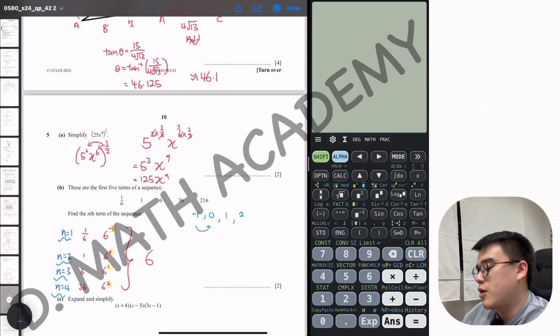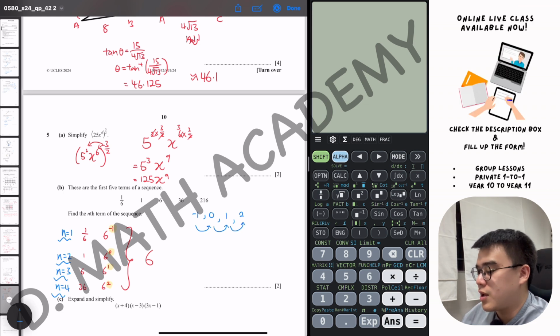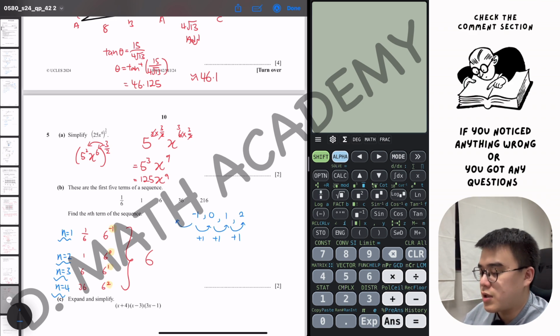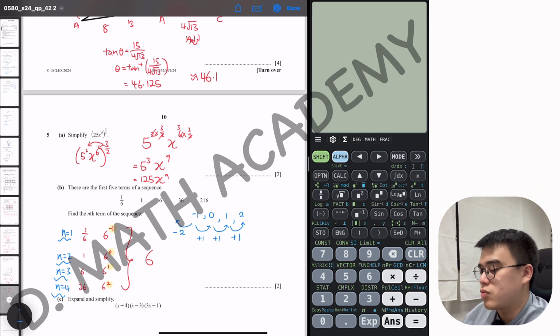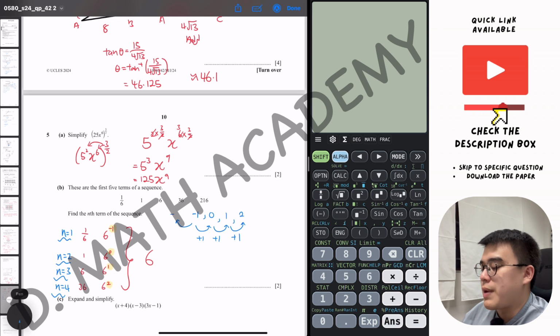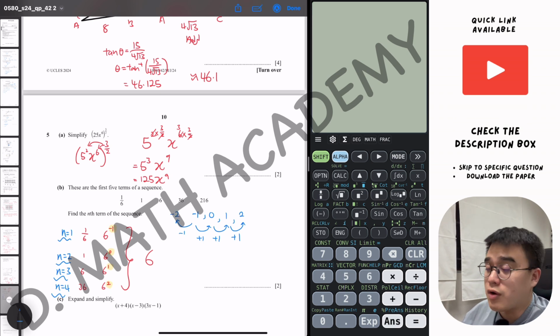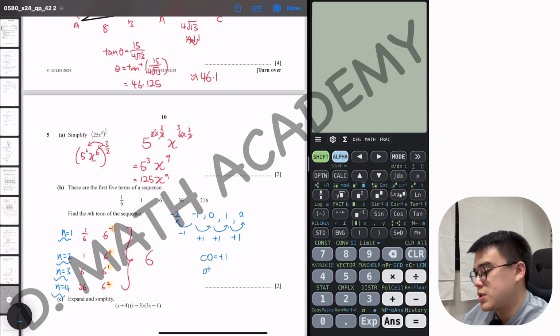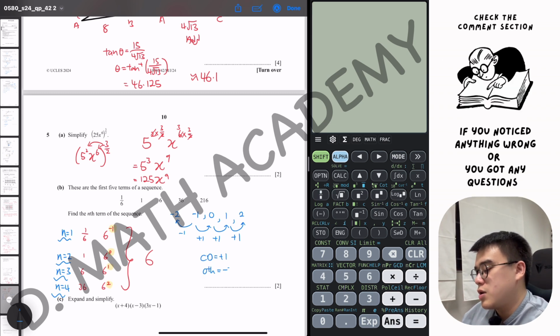You'll find that the common difference is actually adding 1, adding 1, adding 1. And when you try your best to trace it backwards, you will get -2 because it was a -1 here. This comes to a conclusion that your common difference is +1, your zero term is -2,